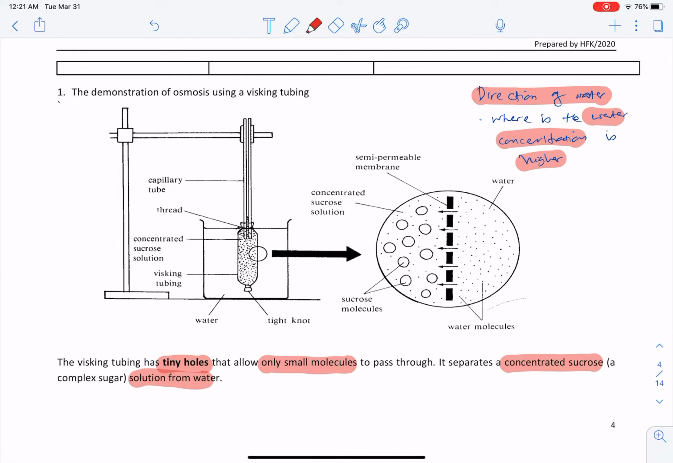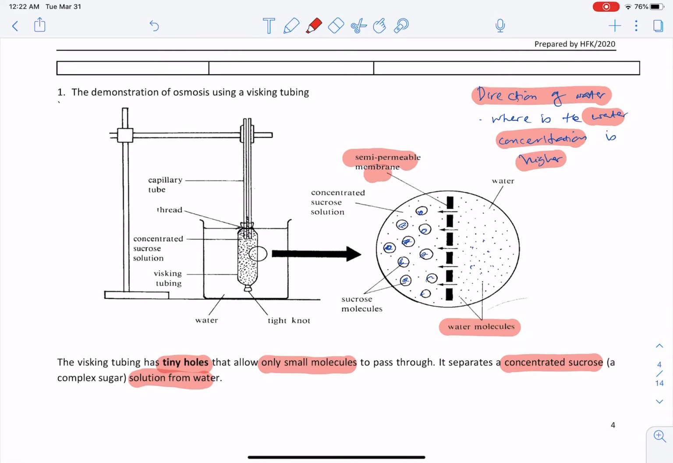So obviously, if you look at the diagram here, this is the sucrose. The sucrose molecules here are bigger than the water molecules. So here are the water molecules. Each water molecule is just a small dot here. So of course, this is the